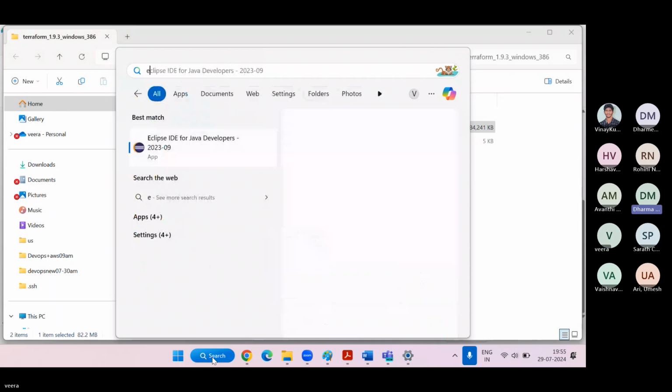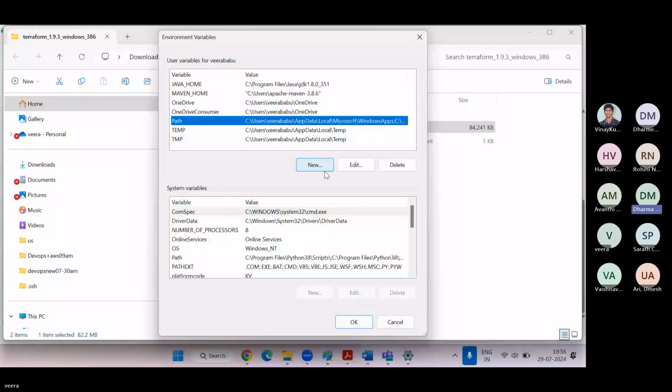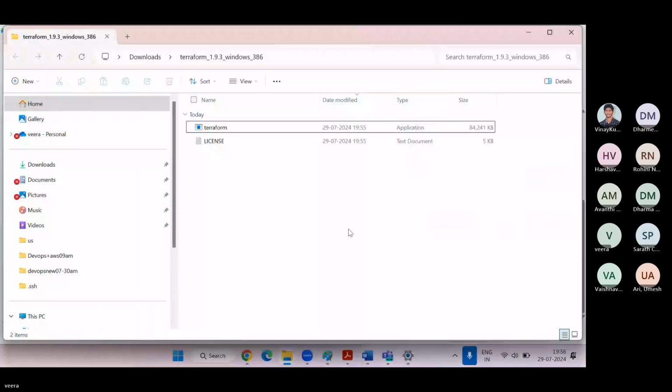Veera, same issue. Your screen is stuck. So the issue is the same for everyone. Yes, Veera. Oh, okay. So my internet. So the screen is stuck, right? You're saying that, or the voice? Yes, Veera, only the screen.